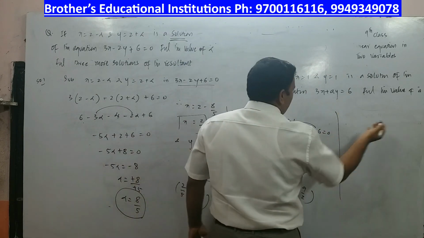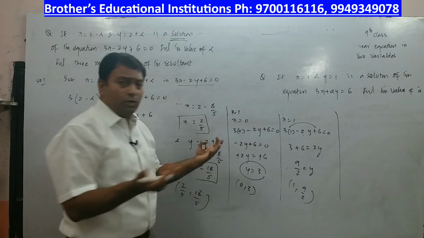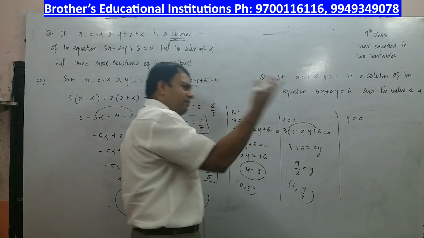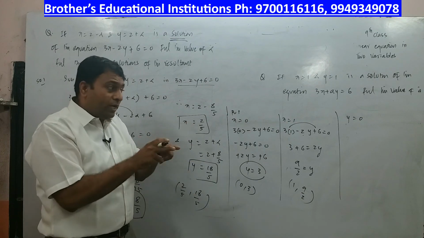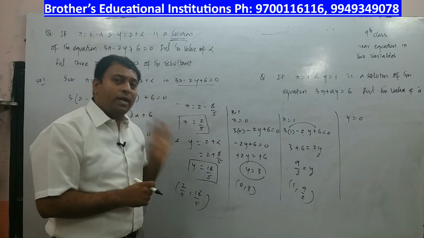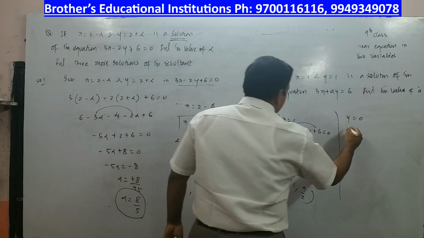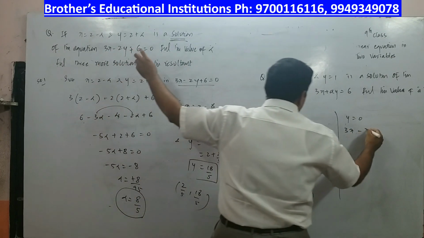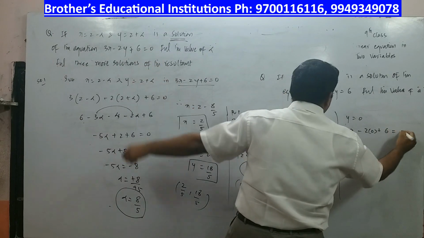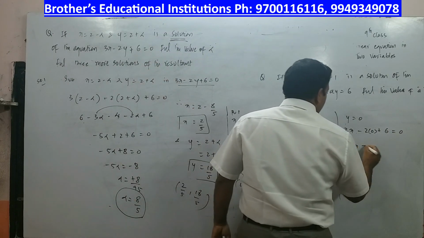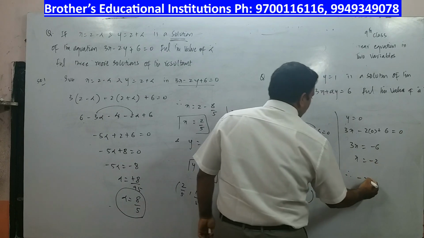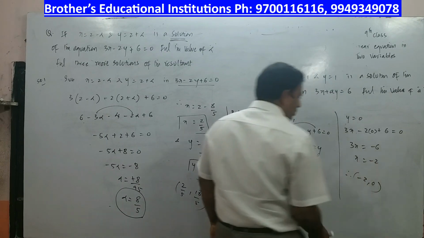Now I will go with some other value of x. Like you put a value of x, you can put a value of y also. This time I will put y is equal to 0. So it is your own choice. For that value of y, what is the value of x? Together they satisfy that equation, and that is called a solution. So if I put y is equal to 0, it is 3 into x, and what is the y value? 0. Minus 2 into 0 plus 6 is equal to 0. 3x is equal to minus 6. X is equal to minus 6 by 3, which is minus 2. So therefore minus 2 comma 0 is also one of the solutions.